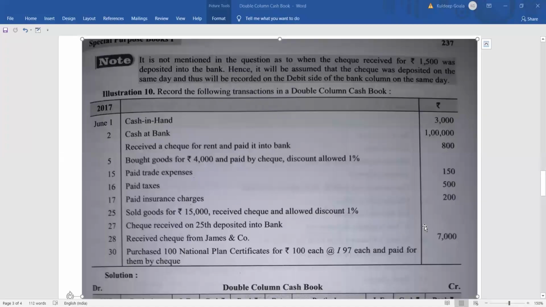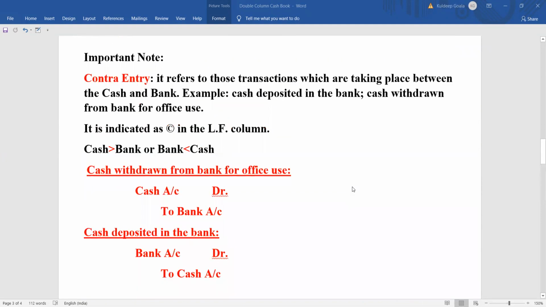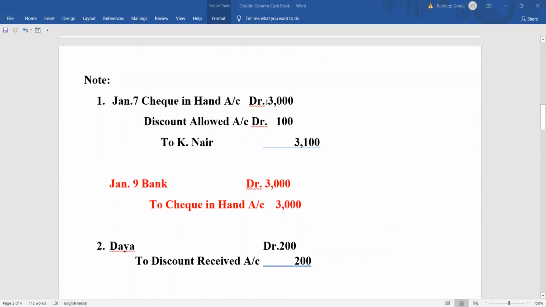ठीक है, किसी और दिन deposit किया, ठीक है, right? So if we deposit on some other day, what will happen is that the cheque will remain in our hand instead of going to the bank. So in that case, you cannot take that your cash is increasing, right? And at the same time, you cannot just throw away the cheque. You have to keep a record of that. So that is why we take it as cheque in hand, right? And it is our asset, so that is why it is debit. And obviously, cheque in hand is a real account. Asset means it's a real account. So that is why you can see the entry as cheque in hand account debit.